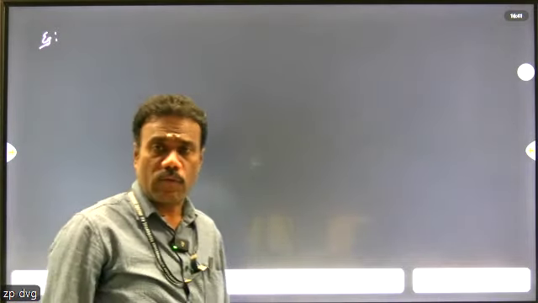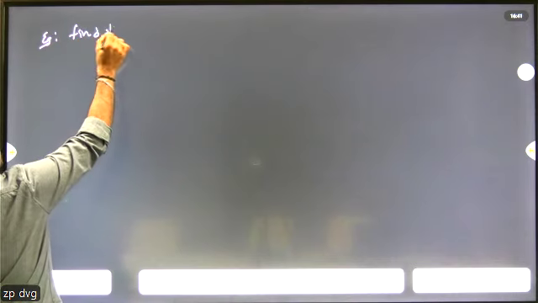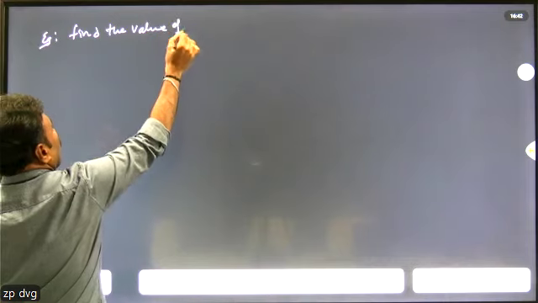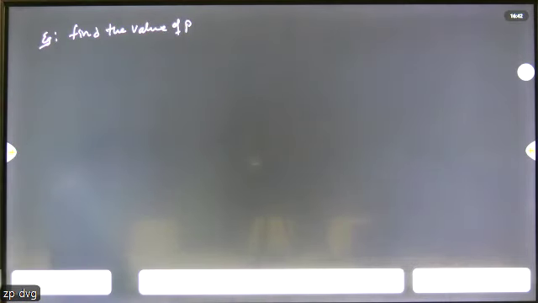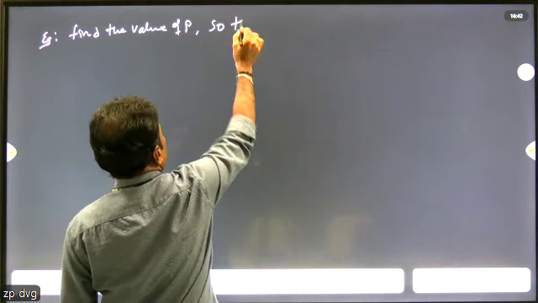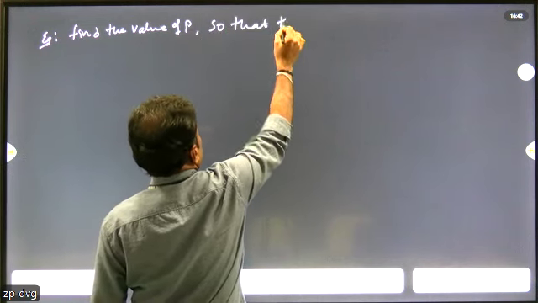Next, let us see another example. For PUC, for a 2 marks question, this type of question is important. Find the value of P so that the lines,